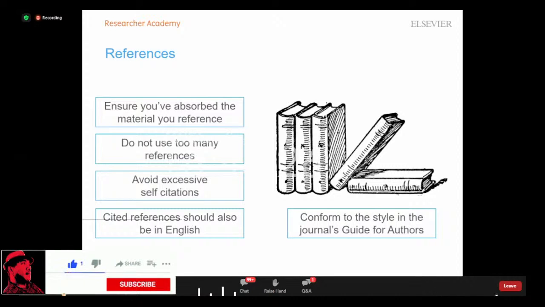Well, it's really good to make sure that you have fully absorbed and understood the material that you've referenced. So don't just rely on excerpts or on isolated sentences. Really know and own your references. And of course, again, make sure to check the guide for authors to make sure that the references are listed in the proper format. And this really helps a lot also for the editors, and it will increase your chances, again, to